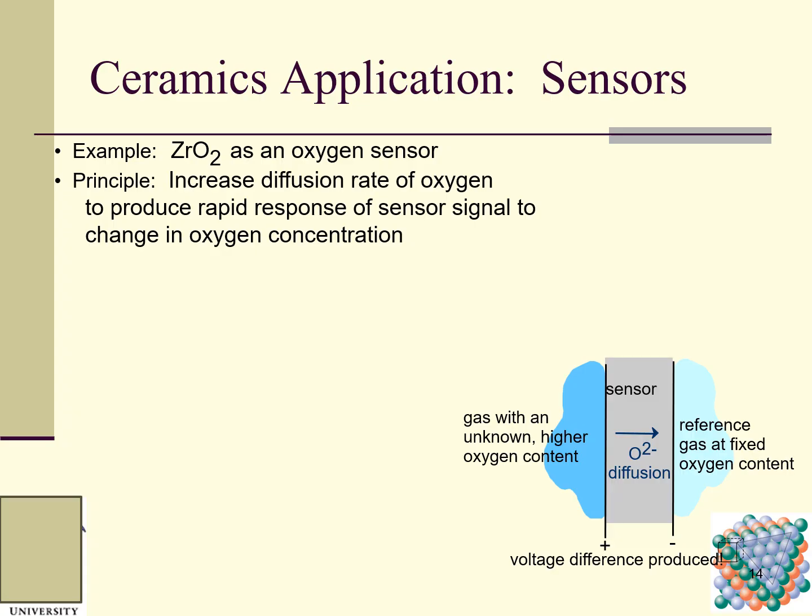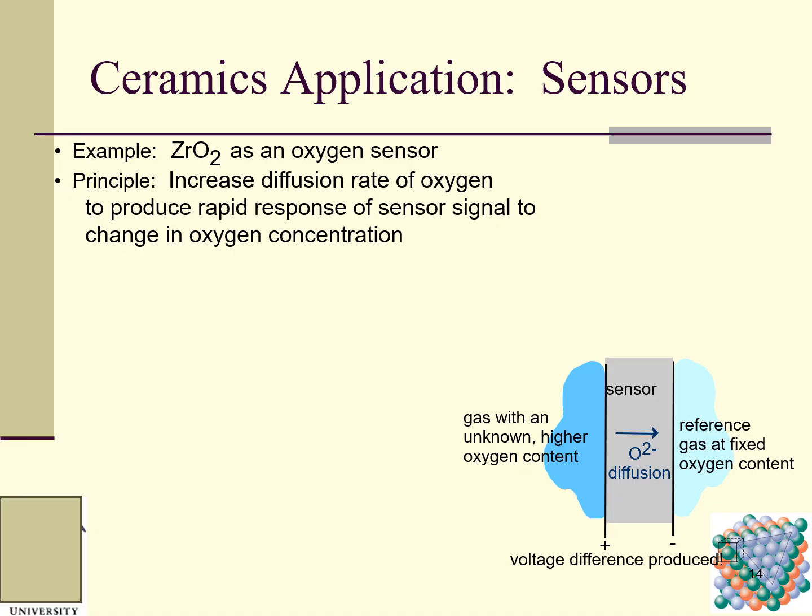And another application for ceramic materials is to make sensors. For example, zirconium dioxide can be used as an oxygen sensor. The principle is that increased diffusion rate of oxygen produces a rapid response of the sensor signal to changes in oxygen